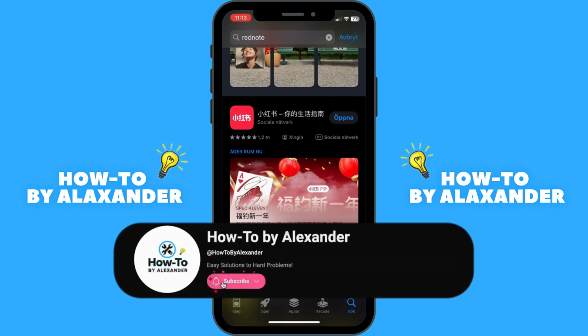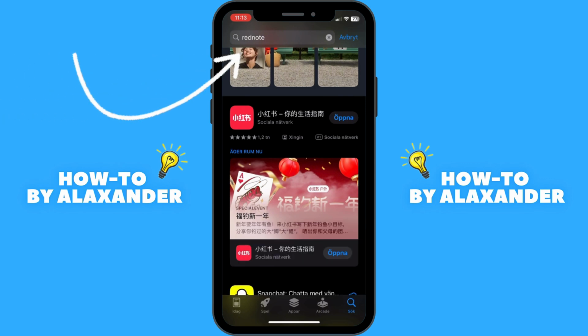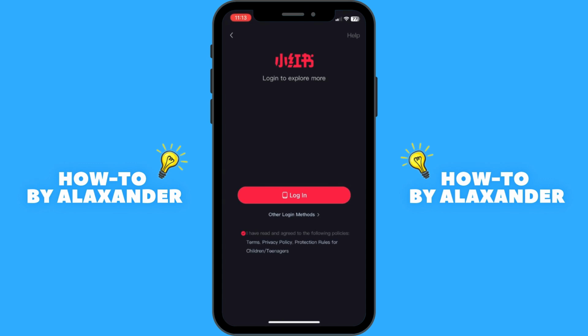So the first thing you have to do is type Rednote in the App Store or Google Play Store. The name is still in Chinese, but it will pop up as soon as you search for Rednote. Then all you have to do is download the app, open it, and you will be greeted by different login